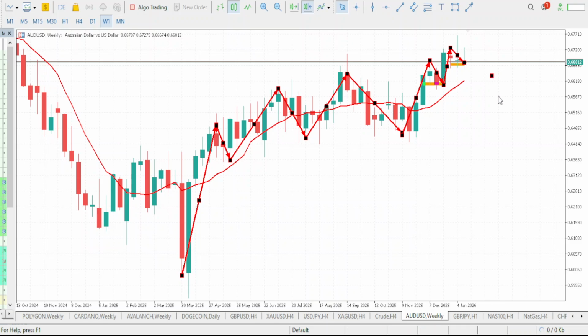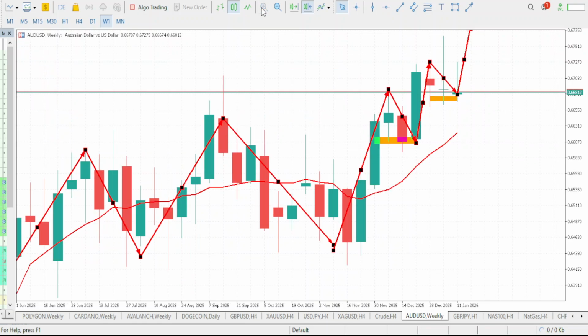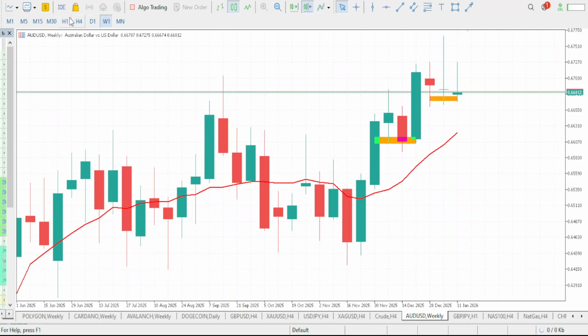Now that market has given us a higher low, right? We should be expecting market to push up again till it is able to form a new higher high. So guys, a new higher high is what we should be expecting next on our AUDUSD. This week we should be anticipating a bullish move on our AUDUSD, right? So we should be expecting some buys because we should be expecting some serious movement on our AUDUSD. That is exactly what the weekly time frame is currently saying.